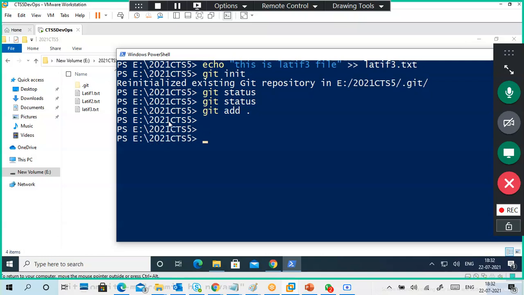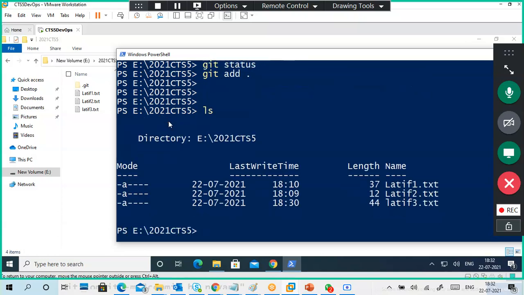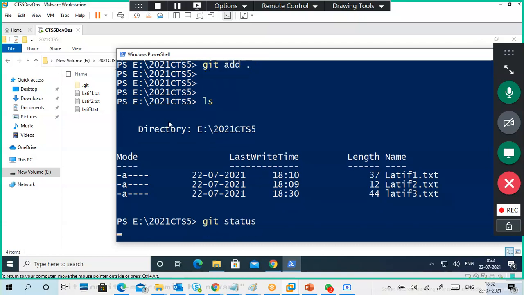So what is happening? Can I use ls? Sorry, yes, three files are there. PowerShell is working. The problem is with Git only. Even status is not working. I thought status had a problem only, but it is like that. Git init has also worked, right?